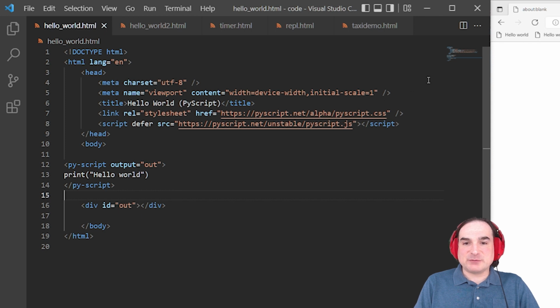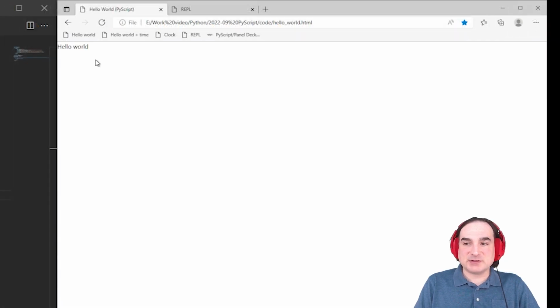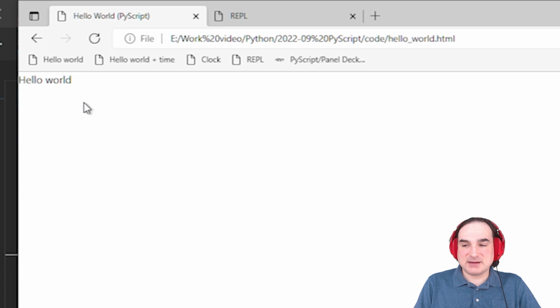Now when we first run this, there's going to be a pause while the browser downloads the PyScript code and sets everything up. This is the single biggest drawback to using PyScript, and there's no easy way around it. It takes a while to get everything ready to run, and so there's this delay. One of the advantages JavaScript has is that it's always going to be fully native to the browser. And so, after a pause, we have a hello world.